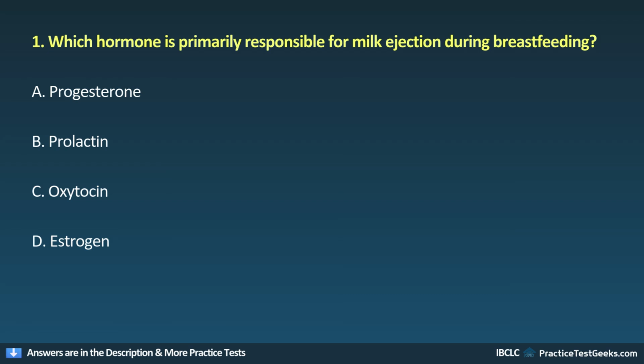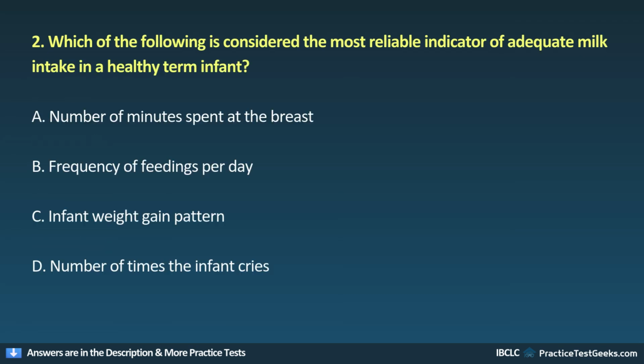1. Which hormone is primarily responsible for milk ejection during breastfeeding? A. Progesterone. B. Prolactin. C. Oxytocin. D. Estrogen. 2. Which of the following is considered the most reliable indicator of adequate milk intake in a